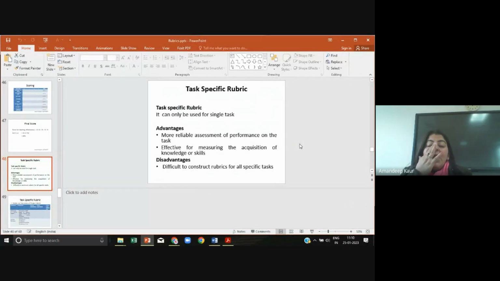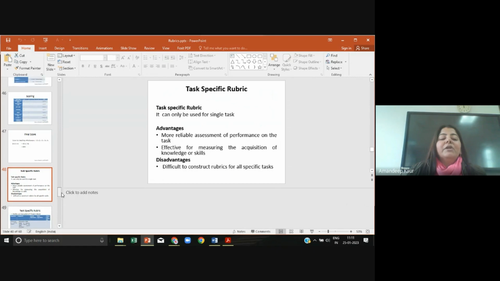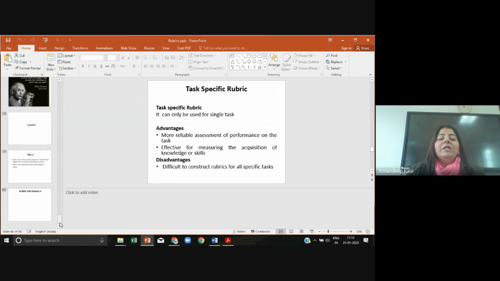Now, at last, when it comes to the use of the rubric in a classroom environment, some faculty members consider that it is a very rigorous activity. Yes, initially the preparation of the rubric is a very difficult task for all of us, because we have to consider all the dimensions of that particular activity, the level of the scale as per the level of the student, and weightage to the different dimensions. But once this standard tool or criteria is developed at institute level, then when the students are working together in a group, say performing